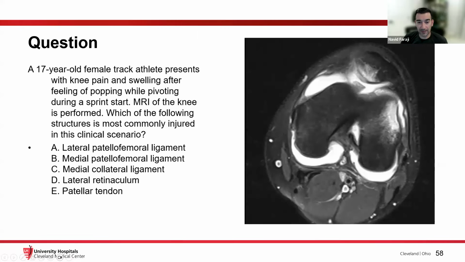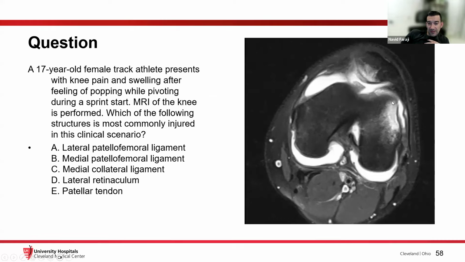Here's another question for you. 17-year-old female track athlete, knee pain, swelling after popping while pivoting. MR is performed. Which of the following structures is most commonly injured in this clinical scenario? Lateral patellofemoral, medial collateral, lateral retinaculum, or patellar tendon? The answer here